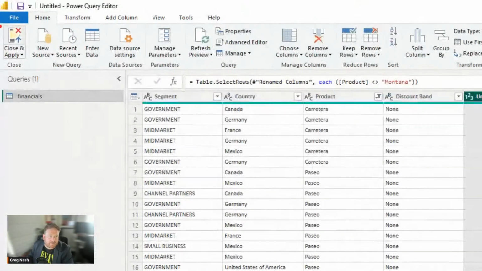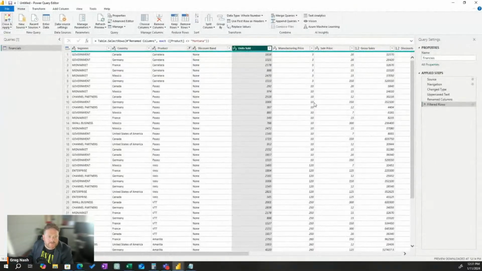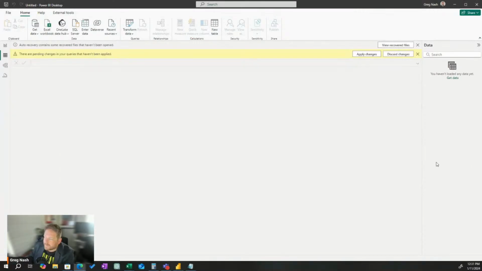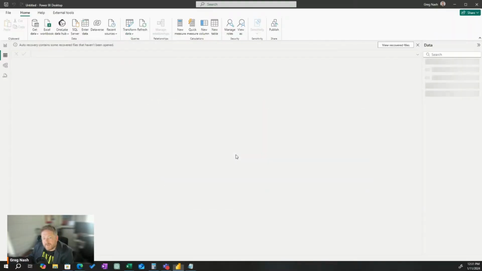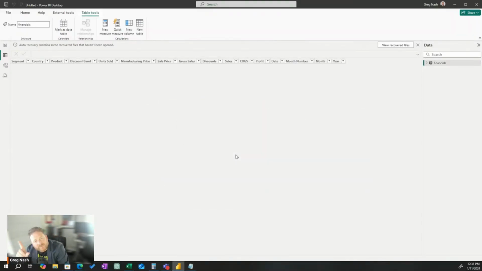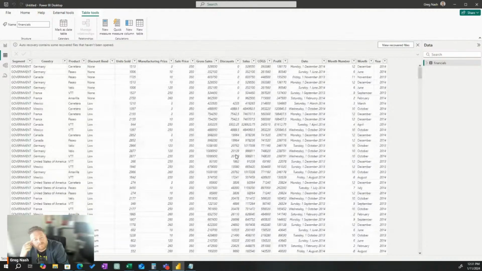That's at the top left here. There we go. So we did some data transformation, but obviously it was very simple. And it's going to go away, and now it loads all the data. This is where it loads all the data. Okay, so the first 1,000 rows at the beginning, and then all the data now. So now we've got all of our data sitting in a table, ready to go.